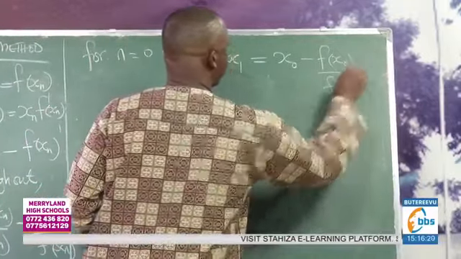This is my function. The first question says that we show that this equation has a root between -1 and 0. They want us to show that the root lies between this, and all of you are aware that if the root lies in between there,